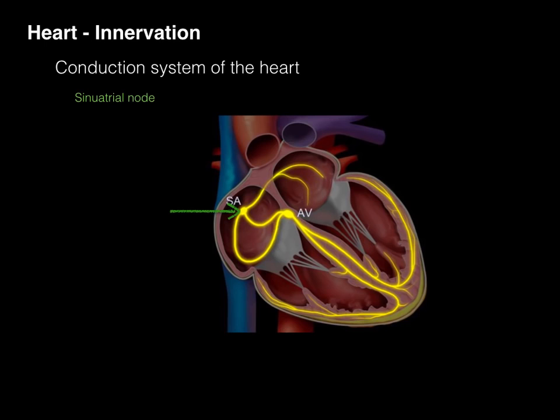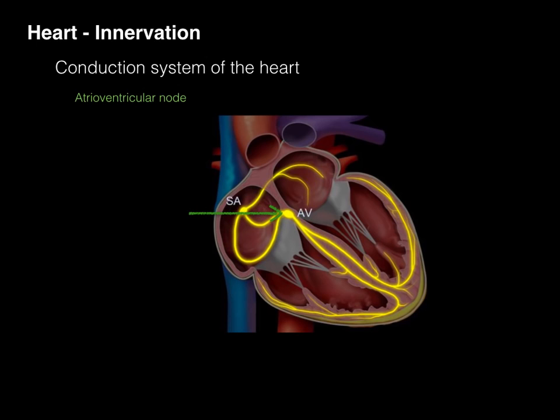So it's initiated in this SA node. It's a group of impulse-generating cardiac muscle cells. They're not so much contractile. And this is the pacemaker. The SA node is the pacemaker because it sends this electrical activity to the heart. It's spontaneously generated by the SA node and then propagates this impulse through the right atrium and the left atrium. And this causes a depolarization sweep that goes through the walls that will eventually influence now the AV node,